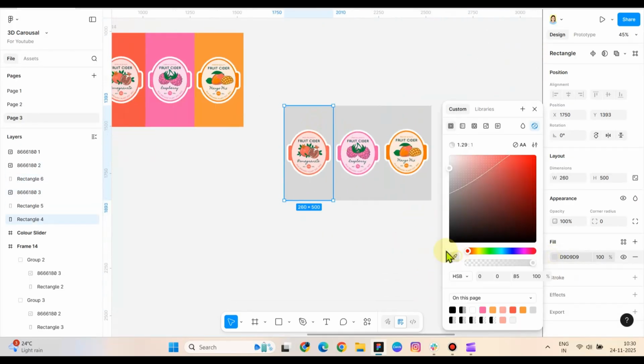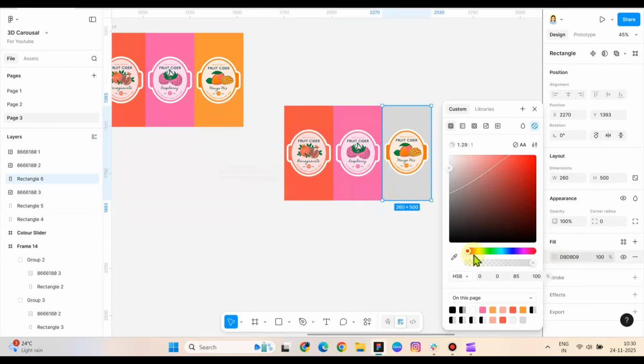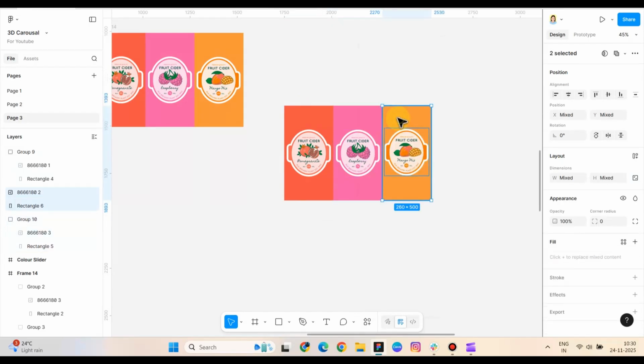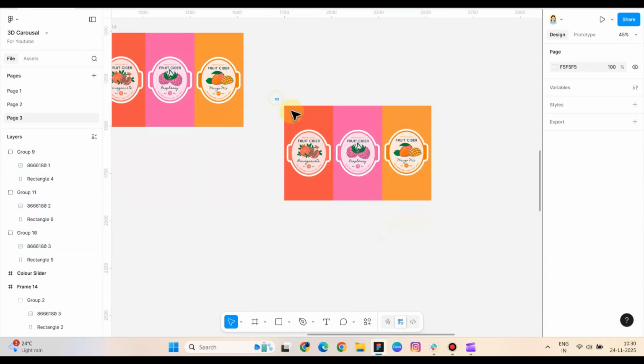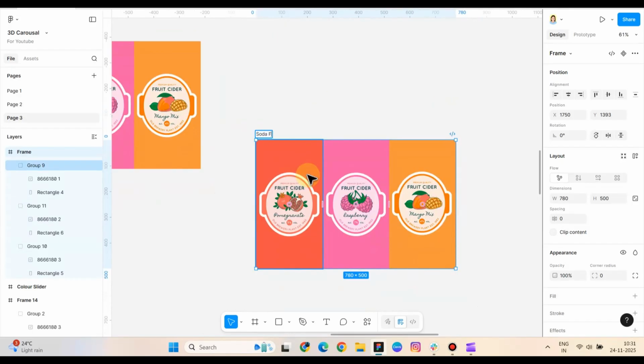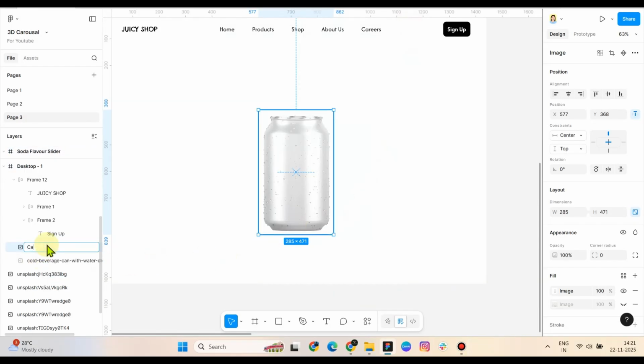So now give relevant fill for all the labels, and make sure you group all the labels with respect to their rectangles, and select all and give a frame selection. You can rename it as soda flavor slider. Just for your reference, you can name it whatever you like. So once it is done, you have to now duplicate the can into 2 and name it as can 1 and can 2